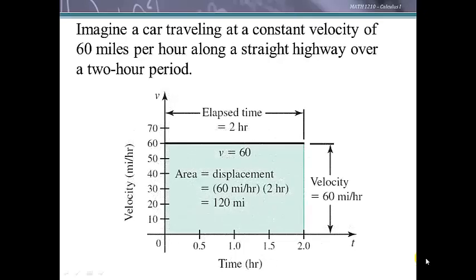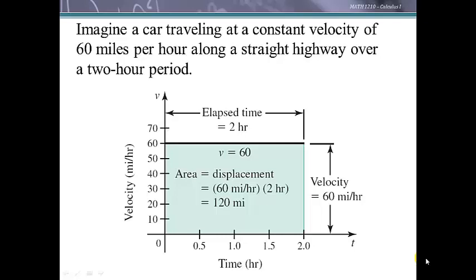If we made a rectangle here and we did the area of the rectangle, the length would be 2 and the height or width would be the velocity there, 60. If we multiplied the 2 times the 60 we get 120, and if we did distance equals rate times time, since the velocity was constant, we would get the 120. So this leads us to the idea that if we could measure something, even if the velocity wasn't constant,